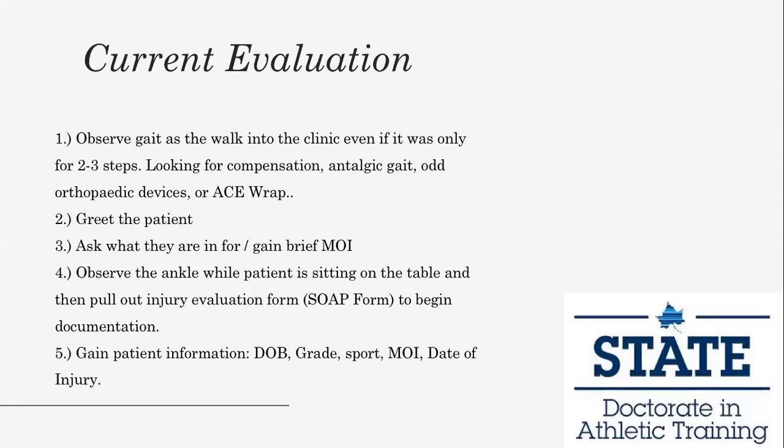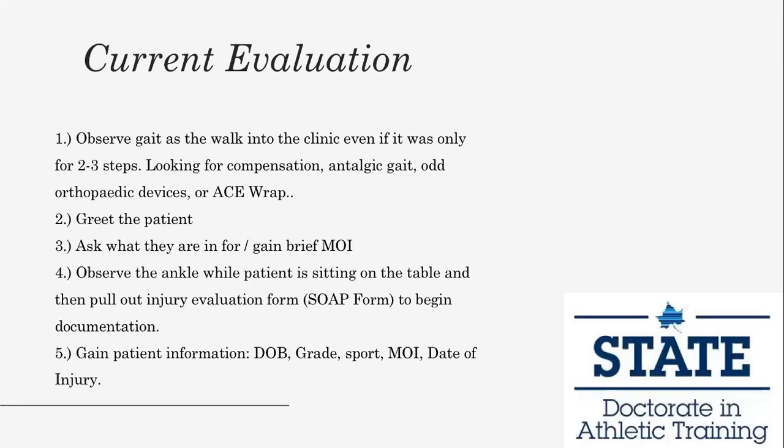Ask what they're in for, get a quick synopsis of the mechanism of injury, and while they're talking, I like to sit there while they're sitting on the examination table and get a quick brief look, see if there's any swelling, bruising, anything like that. Then I quickly grab a SOAP form, and I begin my documentation by getting their birthday, their grade, their sport, quick mechanism, and then the date of injury,